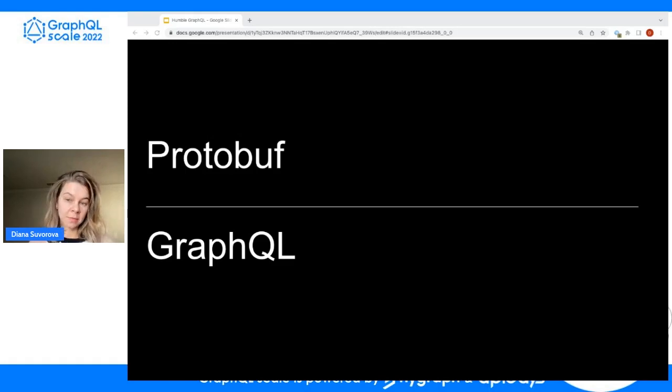Uber backend actually lives and breathes protobuf. Uber has officially doubled down on protobuf as a source of truth for the company data model. And while GraphQL and protobuf are not necessarily at odds with one another, I do think that in the long term, the winning model would be some hybrid between the two.